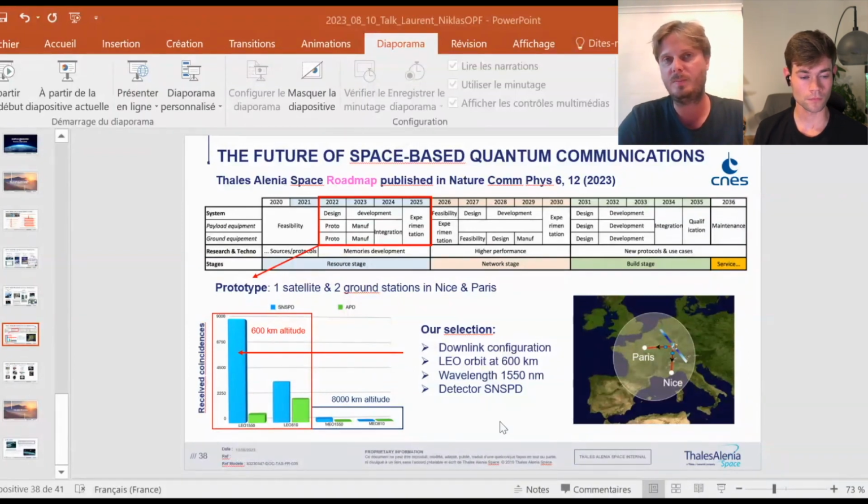Then you have pyro explosions, due to the fact that when you deploy the solar panel, you are using pyro. That means that you have shocks. You shock the satellite, and that's not good for the payload. So you have to take into account the fact that you have lots of vibration during launch, you have shocks,